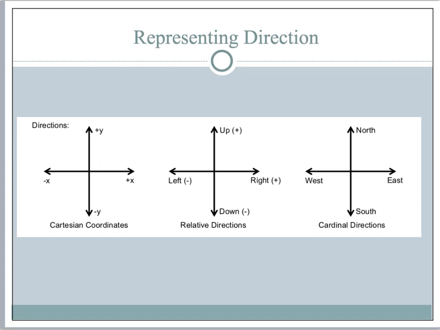All right, so there's different ways to represent directions. You can do Cartesian coordinates, which is like a graph. You can see x is along the horizontal line and y is along the vertical, and positive is in the direction where you would expect, and negative is in the directions that you would expect. Relative directions: right, left, up, and down, very easy to understand. And then, of course, cardinal directions, like a compass, so north and south and east and west. Any of these are acceptable for directions in physics. And it really just depends on how the problem's described.